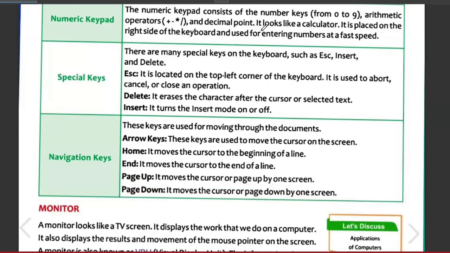Then navigation keys, as the name suggests, navigation means movement, some movement will be there. With the help of arrow keys, like up arrow, down arrow, left arrow, right arrow, we can move. Home key, so that we can go to the home page, it means the topmost page from